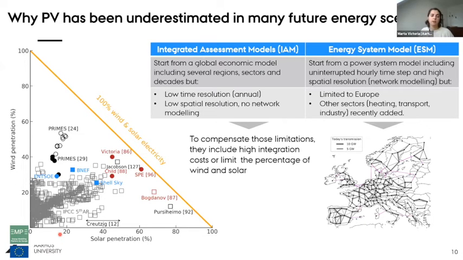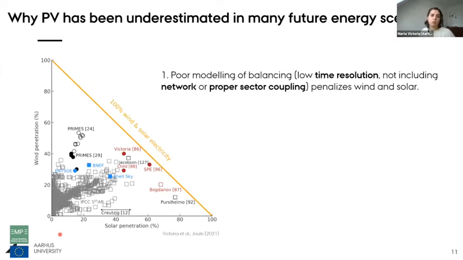So as a summary, if I had to answer the question of why PV has been underestimated by many future energy scenarios, the first reason would be a poor modeling of balancing, so the model includes low time resolution, does not model the network, or does not properly model sector coupling, and adds additional costs to account for the balancing. Well, this is penalizing wind and solar penetration, and we should